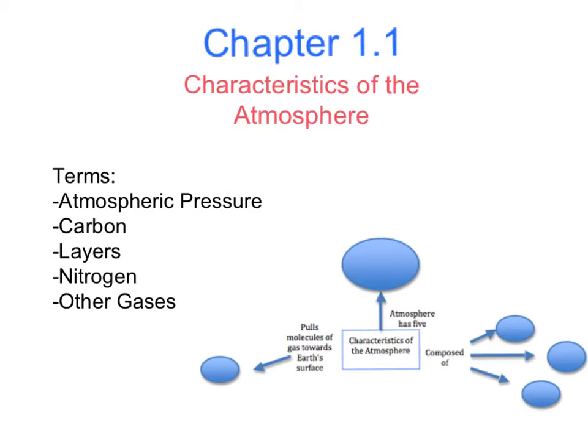To begin Part 3, you will start with the Chapter 1, Section 1 concept map on the characteristics of the atmosphere. To begin, you should copy this concept map structure or outline right here onto your sheet of notebook paper that you are using for this activity option. Right above this concept map, you should have your quiz score that you just completed for Parts 1 and 2